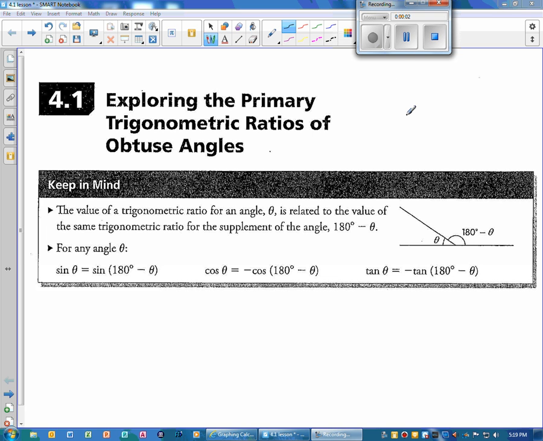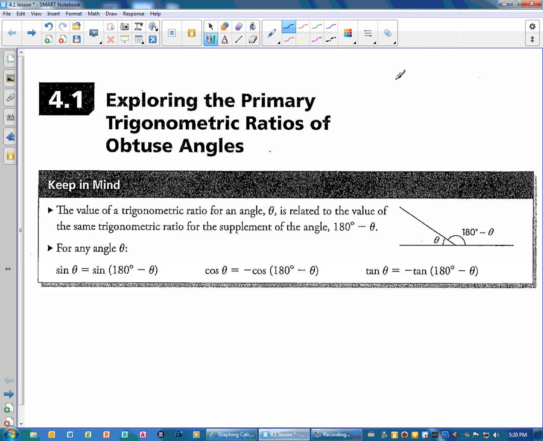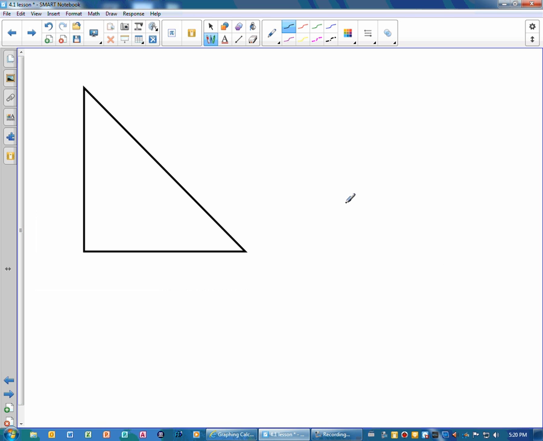Okay, so let's go over section 4.1, exploring the primary trig ratios of obtuse angles. Before we go over any of this stuff, I want to just review. I want to back up and talk about right angle triangles, because if we're talking about trig ratios, we're talking about